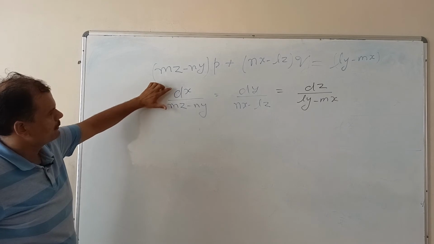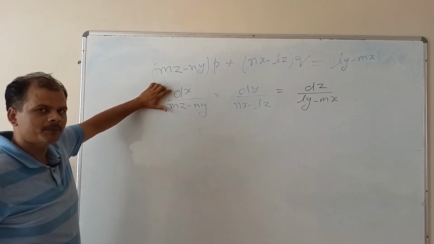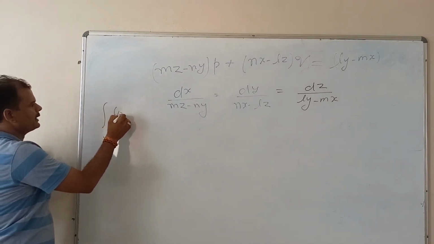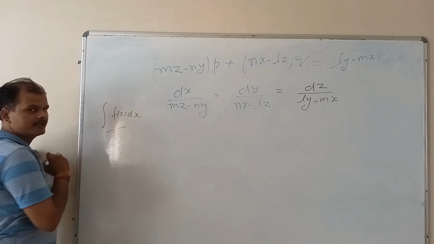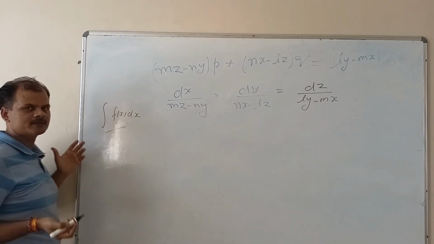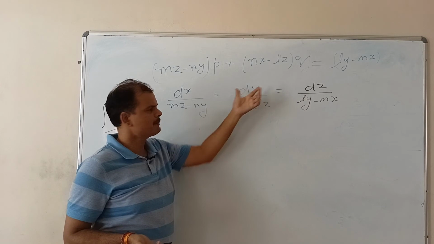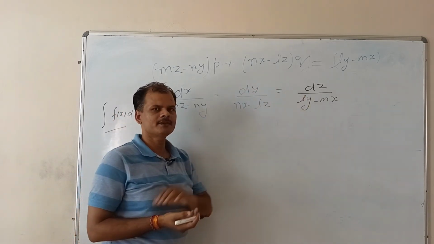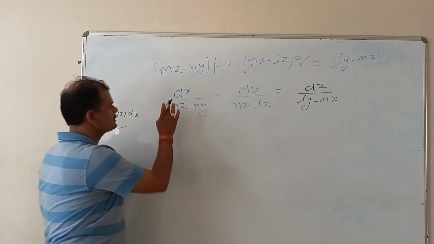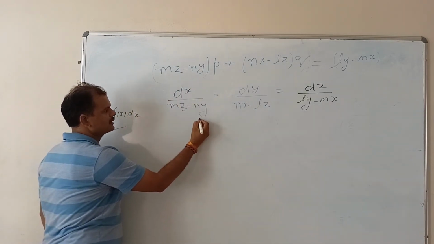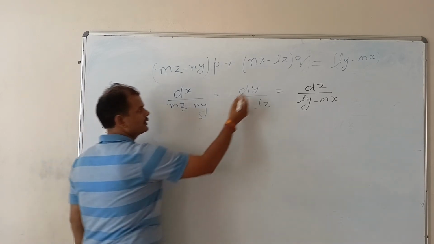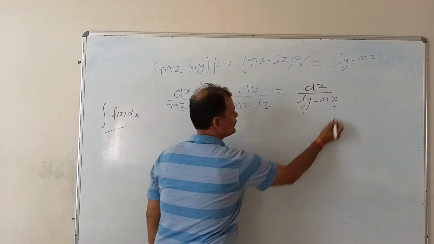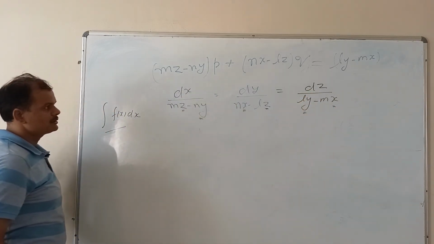Now here you see, for solving dx we need a complete function of x, then only we can integrate, right? If you have f of x dx, then we can directly integrate. If it is a function of y and z, what do we do? Here also, for dy we need a complete function of y after simplification. For dz we need a function of z, but with dx, here z and y are there. How to eliminate? Here with dy we have x and z. Here with dz there is y and x. Fine. So what we do? We'll use the multiplier method.